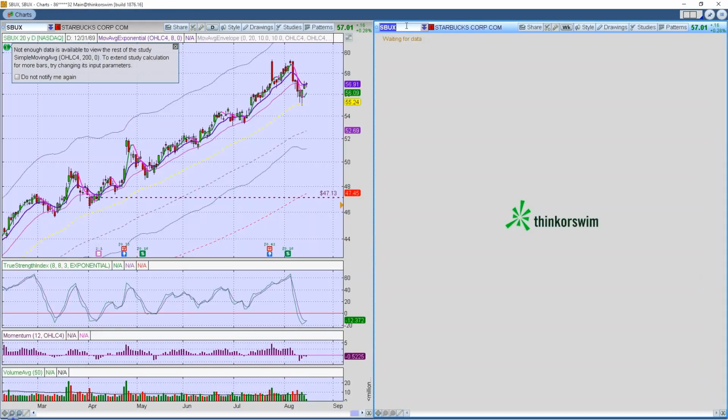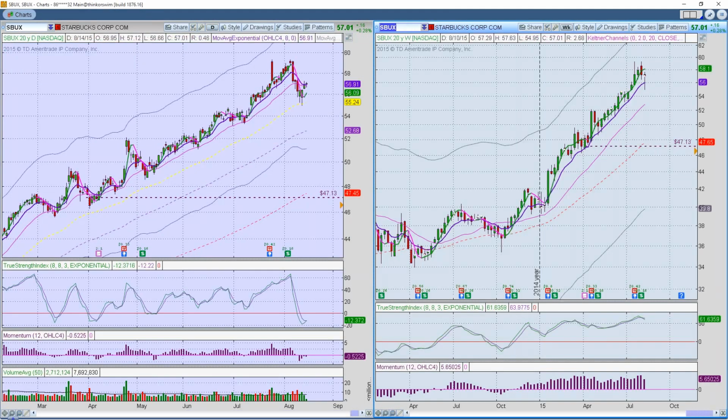Starbucks was selling off earlier, but it looks like it finally bounced off the 50-day moving average. It's had a significant sell-off, probably one of the strongest sell-offs since we had the sell-off back here early in March, where it came down almost to the 50 again and did a nice little rebound. We've again now bounced back off the 50, and it's trying to regain and move back up to here.